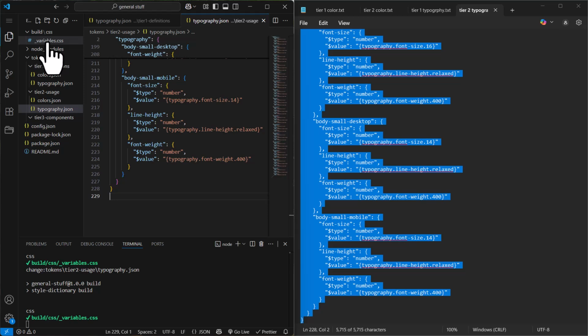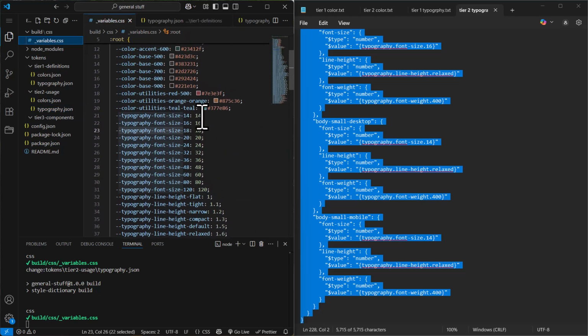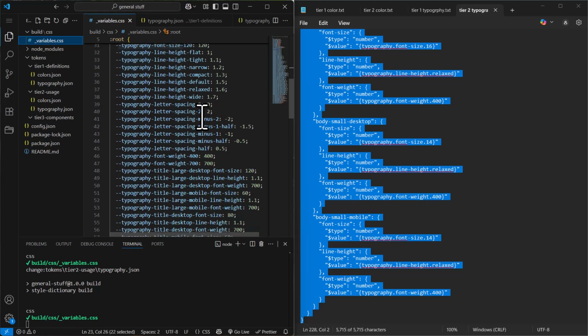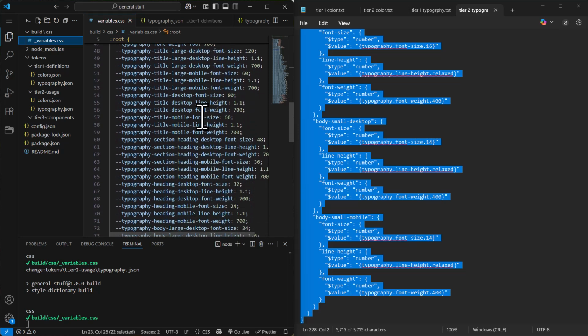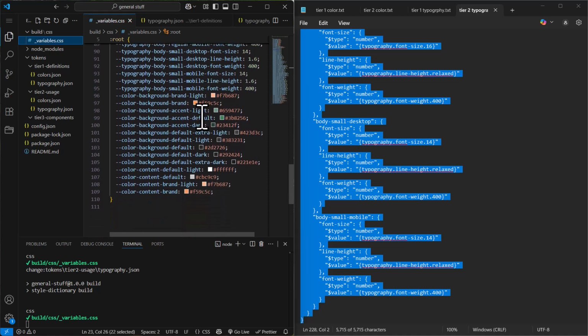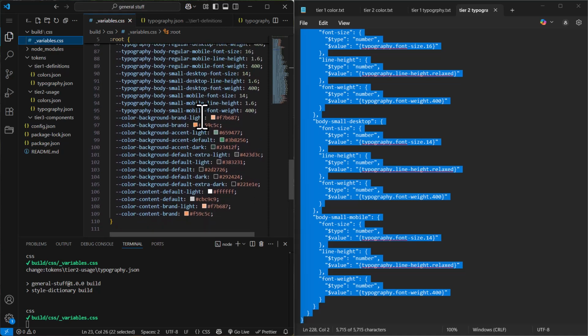So we go back to our variables. We're going to see we have our variables all built for our colors, tier 1, tier 2, our typography, tier 1, and tier 2. All built. So next video, we're going to take our variables and try to put them inside Builderius. Finally, we're going to get to work inside Builderius.